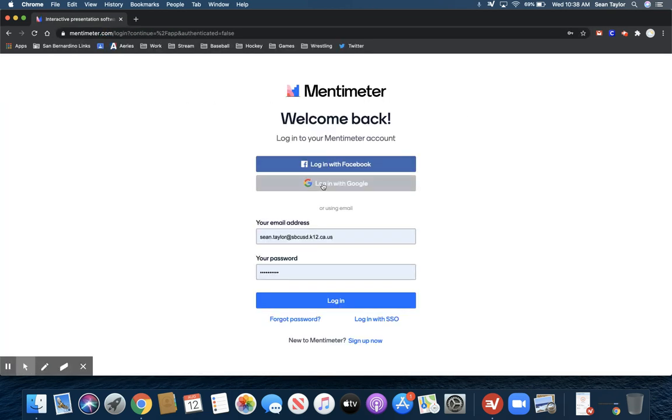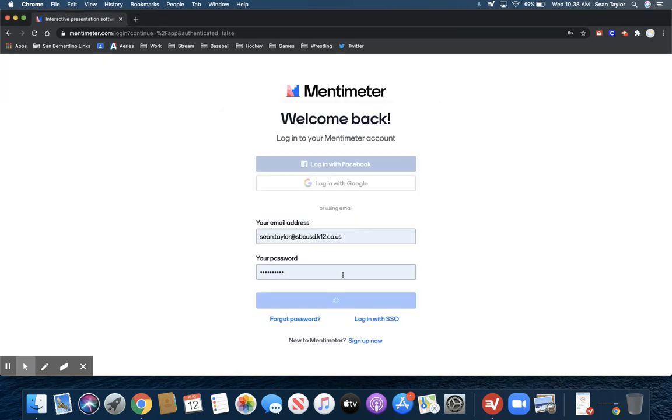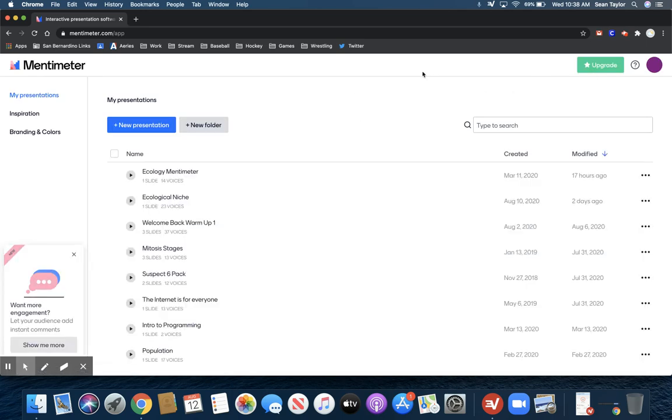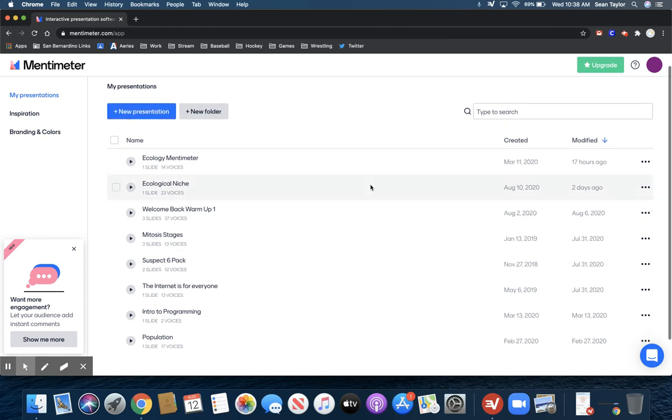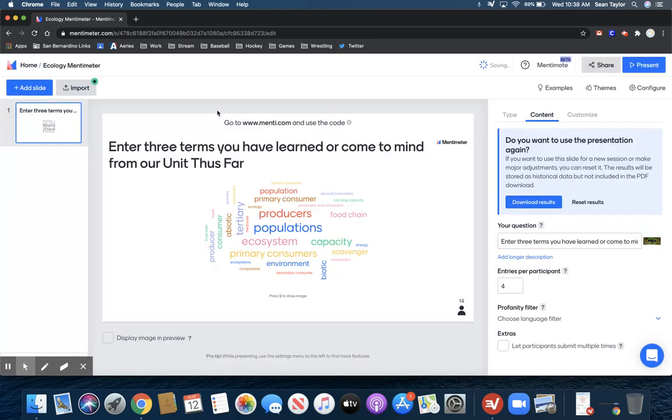and I typically like to hit login with Google and get in with my district Google account. And this is the free version. So you are limited to the number of mentees you can have at one time. But just to give you an example, this is a Mentimeter that I used probably earlier this week as